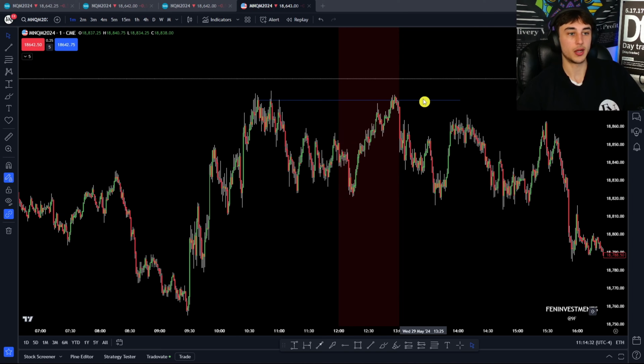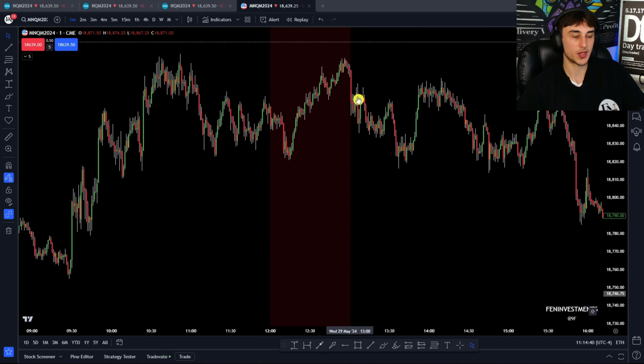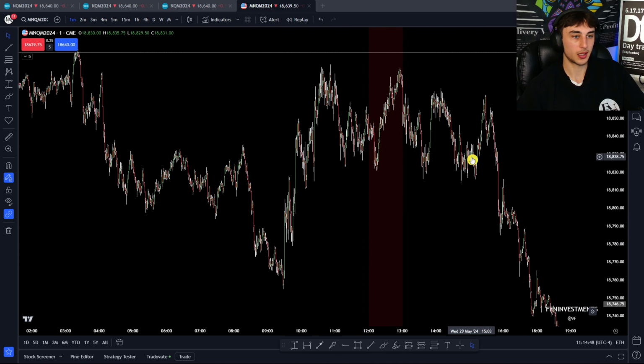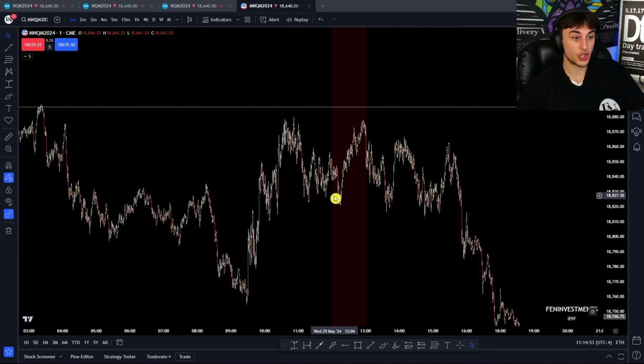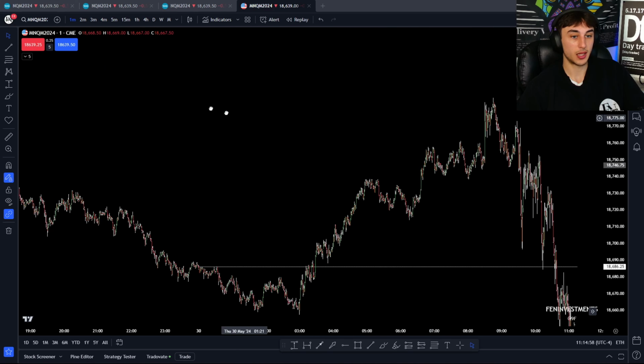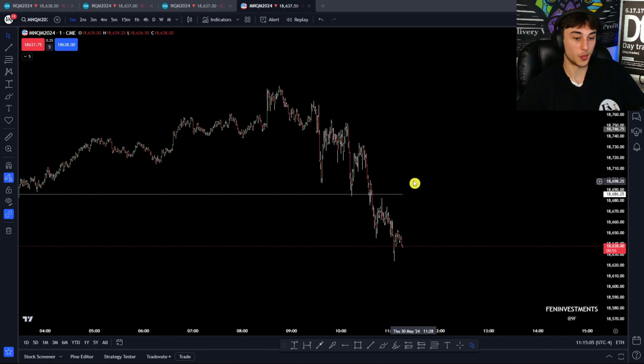Lunchtime will either consolidate, so do nothing at all, or it will do this. So it'll take out a buy side or sell side level and then either continue in the direction or reverse it. But if you're expecting the markets to push higher, then lunchtime will take out a sell side low and continue higher. If you're expecting the markets to continue lower, expect lunchtime to take out a buy side level, then